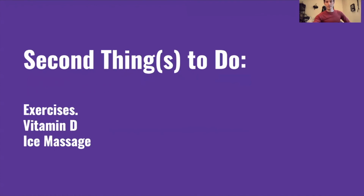The second thing to do, the second line of defense, are some exercises, vitamin D, ice massage, etc. Some of the other things that we talked about. These aren't as important as relative rest, but they can potentially improve your symptoms and your ability to increase your run in the future. Okay, so exercises that I'm talking about are usually going to be some lower limb strengthening